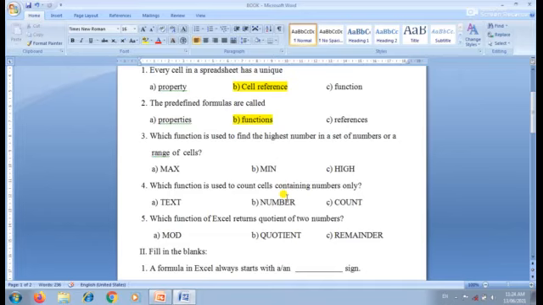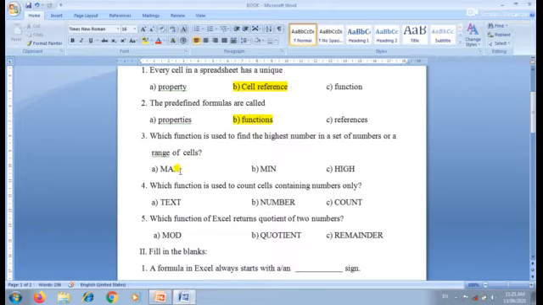Then third question: which function is used to find the highest number in a set of numbers or a range of cells? Here some options are given: max, min, height. Height is not a function of Excel. This function is not available.